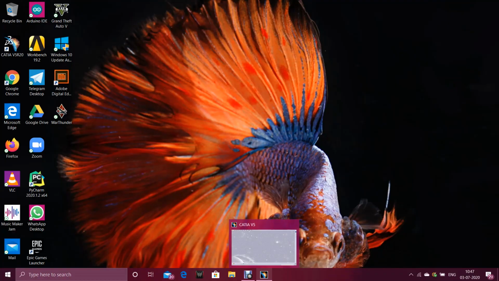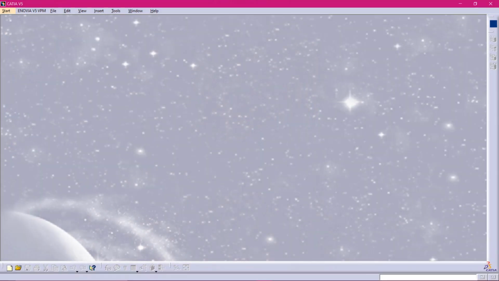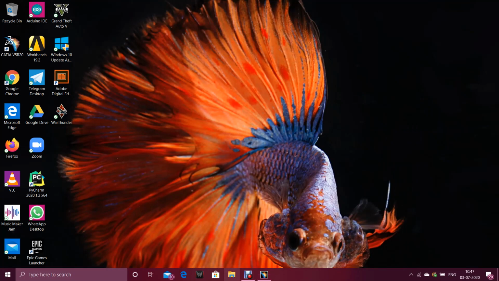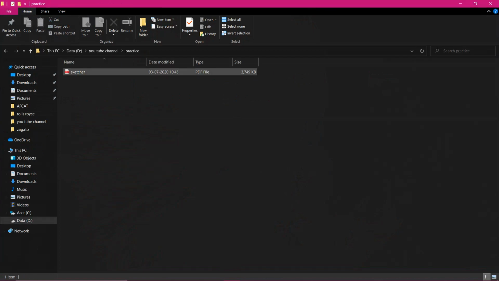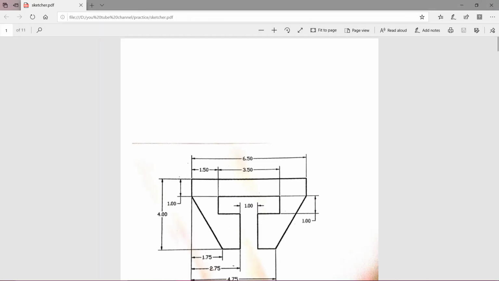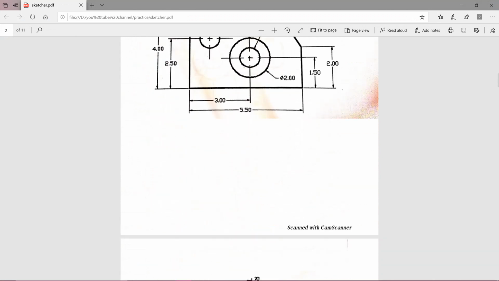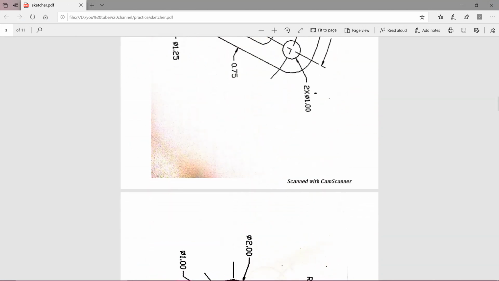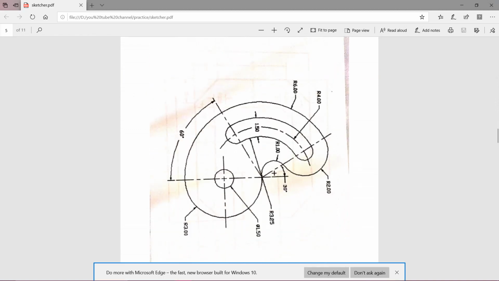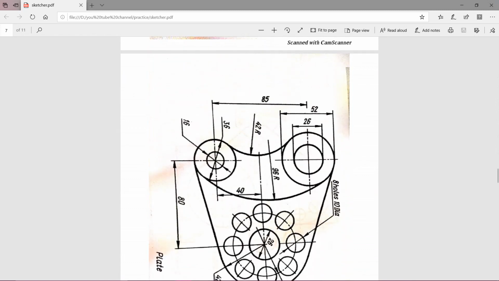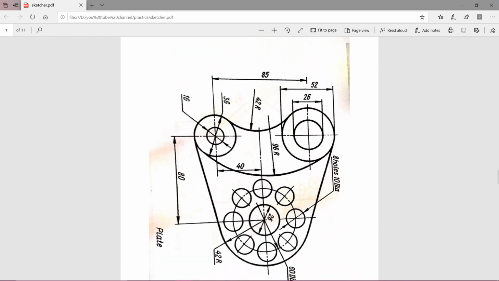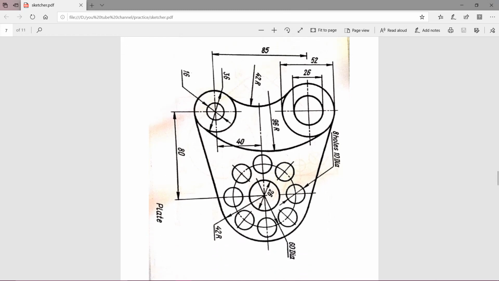So today's class, I'm going to draw a sketch for you and make you familiar with CATIA. So let us go to Sketcher. This is the PDF that I have made, the practice PDF. I will be giving the link in the description, and you all go through this and practice some of the diagrams. In this I will choose this one. This may be somewhat difficult, and it will cover most of the tools that we use in sketching. So let's begin with this.